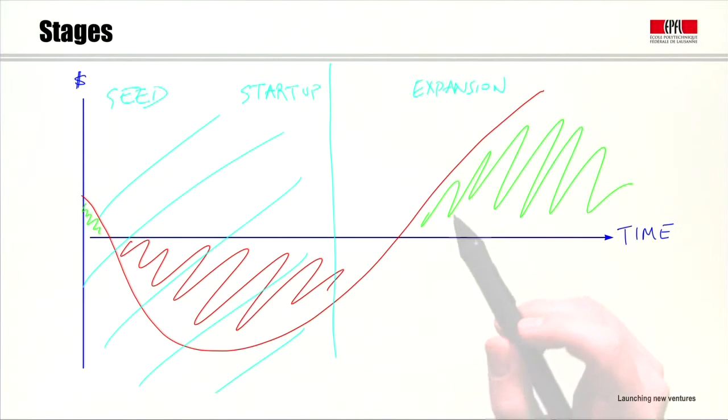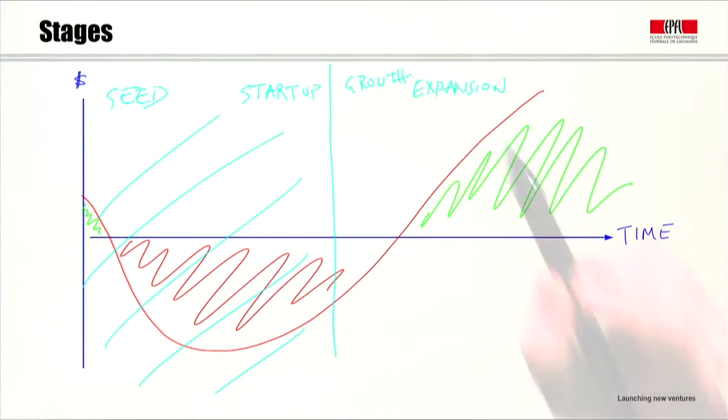And it's the same thing for growth and expansion. At some point when the business starts taking off and making money, then usually the entrepreneurs are looking to grow the business. So they would be looking for what a lot of people call growth financing. And then eventually they're past the break-even point and they are growing more rapidly and they may seek to expand. So some people call that the expansion financing stage. Again, a lot of people use the terms interchangeably, but after the company's already got something in the market, they're already making money, that's when you start looking for your growth and expansion financing.